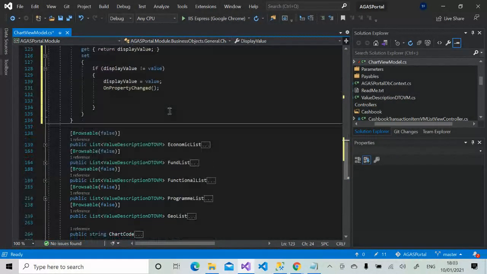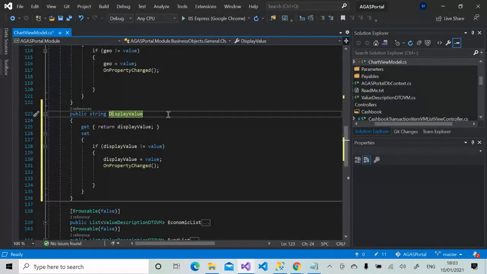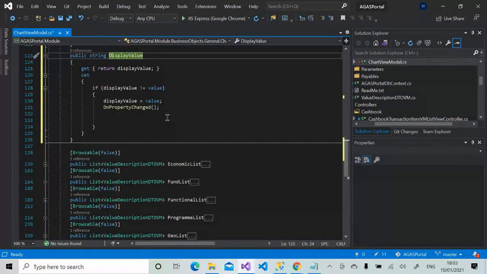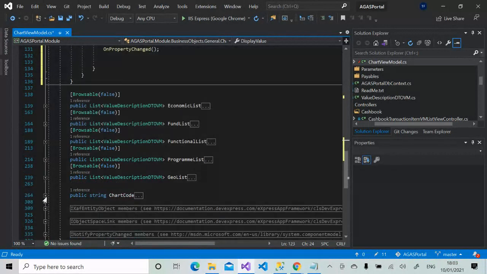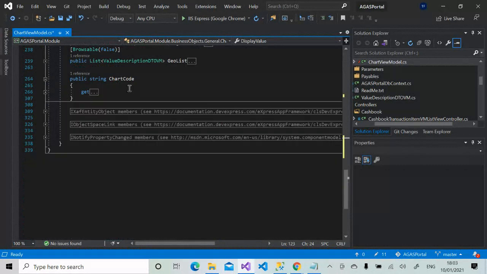Now, the reason why I didn't do this as a read-only property, just like this one, like the chart code is read-only, there's no set there, it's just get, is that